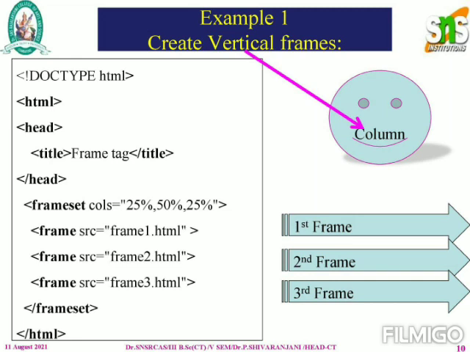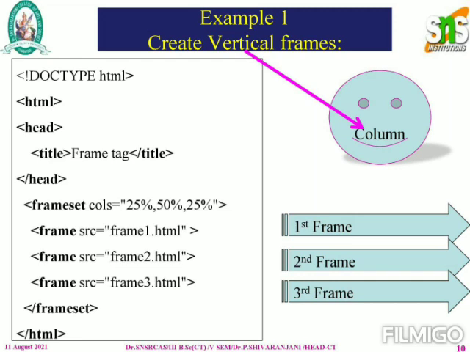Here in the HTML head, I have given a title of the particular web page as a frame tag, and I have set the particular heading. After that, I have set the frameset. That is, I have defined columns, so it means that it is vertical. I have split the 100% of the window into three parts: 25% for the first frame, 50% for the second frame and 25% for the third frame. Correspondingly, I have described a link to a separate HTML file or HTML text document to open in the particular frame.